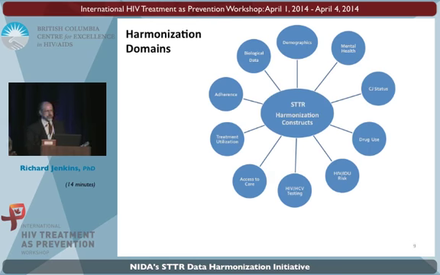In terms of the domains where we're trying to harmonize, you can see that they're a very heterogeneous group. They include demographics, mental health variables, for the criminal justice studies, the criminal justice status, where are they in the system, drug use, other kinds of HIV risk, HIV, HCV testing in our HIV negative initial populations, access to care, treatment utilization, adherence, and biological data, which typically are CD4 and viral load.